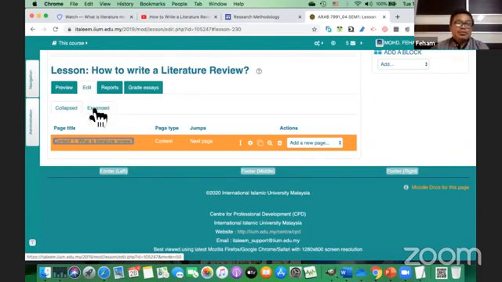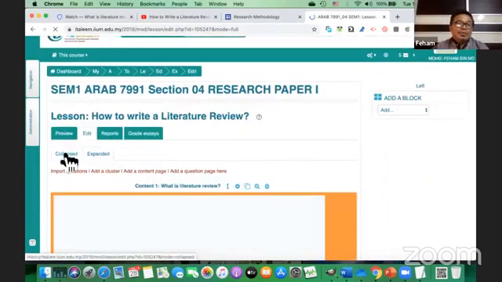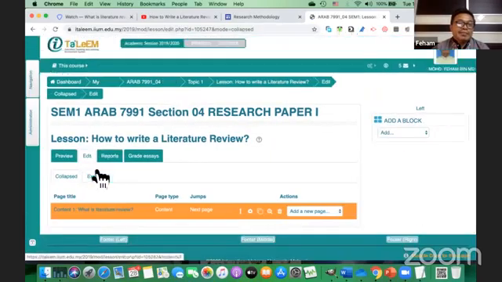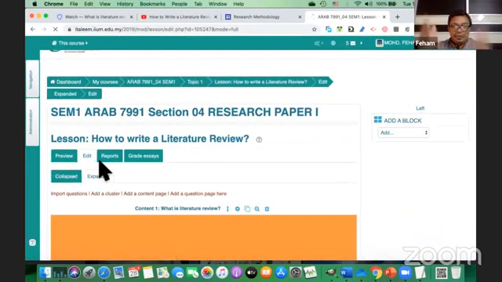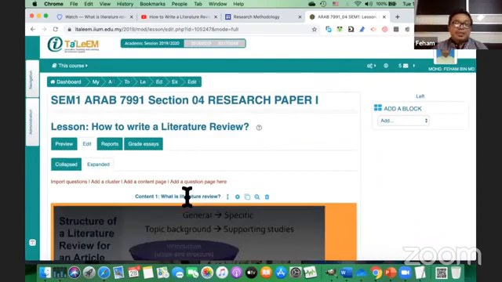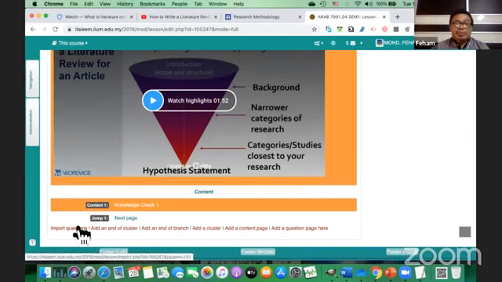In order to do so, I just click expand. It can be viewed using the collapsed view or the expanded view. The collapsed view is the list, whereas in the expanded view you can see the content from the first up till the end. So I want to add and import a question from here.